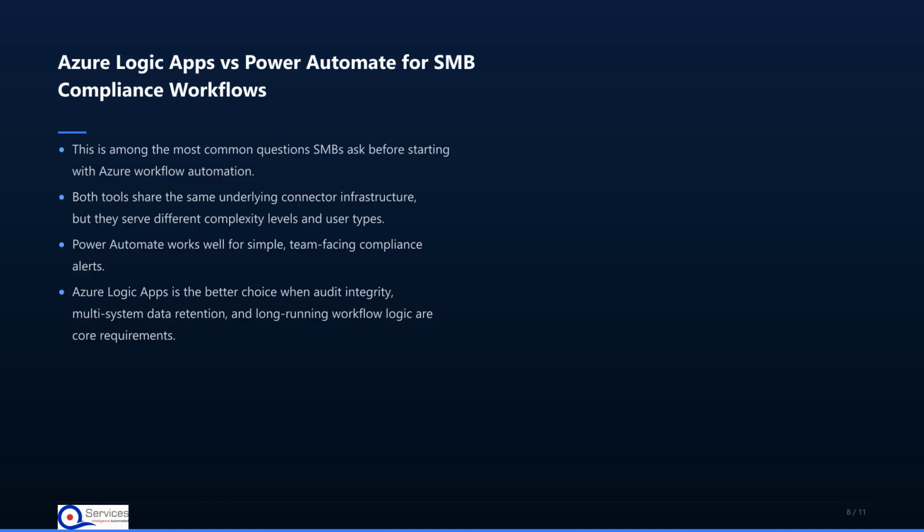Feature: Azure Logic Apps, Power Automate. Target user: developers and technical SMB teams; business users, non-technical staff. Pricing model: per execution, consumption, or fixed monthly, standard; licensing, per user or per flow. Complex branching logic: strong support via code view and inline expressions; limited, works best for linear flows. Long-running workflows: supported via stateful workflows; limited to shorter processes. Azure service integration: native, tight integration; moderate via connectors. Best compliance use cases: multi-system audit trails, data retention, cross-platform logging; team alerts, single system notifications. Power Automate works well for simple,